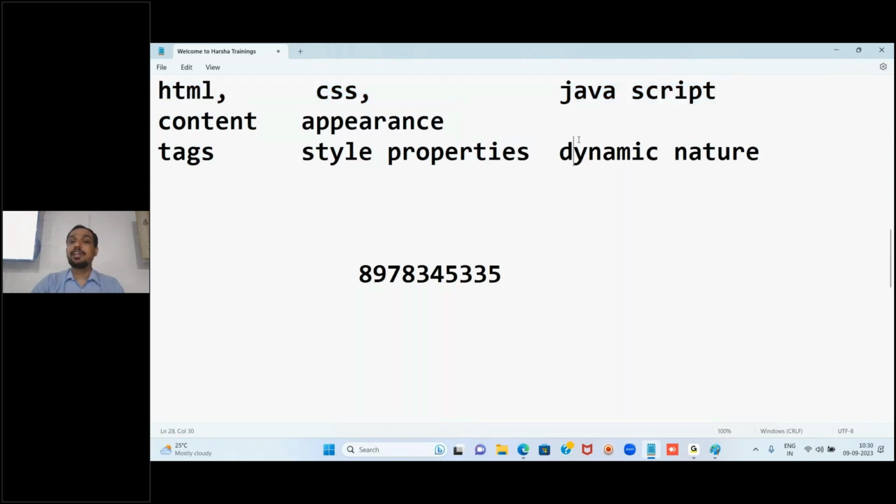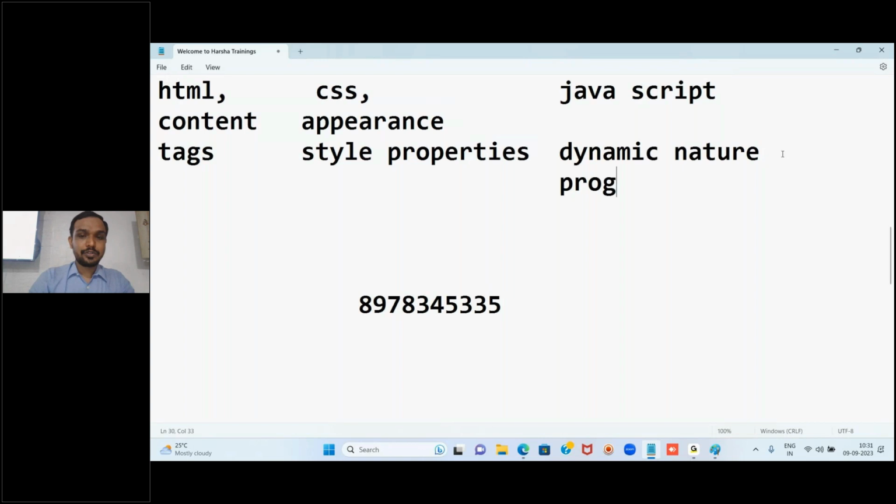But JavaScript is dynamic in nature, meaning some functionality should be written, some programming should be done. With the help of the JavaScript language, here we have to do the programming. Are you following? Using pure JavaScript, we can do the programming.